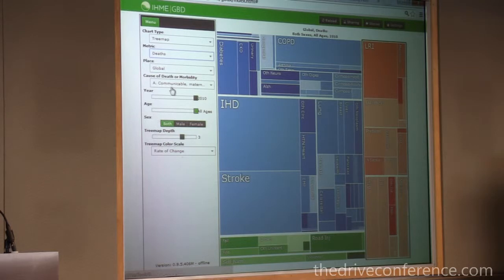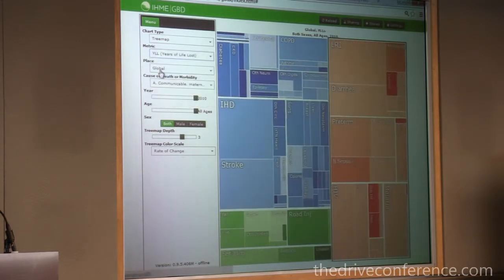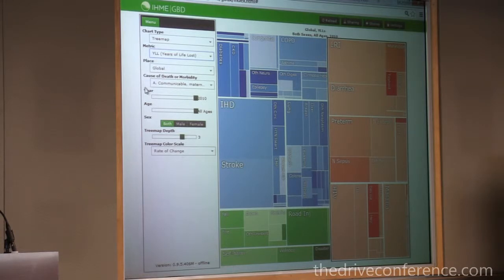So that is deaths. Now if we go from deaths to YLLs, and I told you that YLLs count the years that you lose with every death, if you go there, you'll see the neonatal diseases becoming more important, because every death there means you're losing 80 plus years. And so it gets weighted towards children. But this basically shows you the burden in terms of life years lost. And so there's almost not an equal split, but it's definitely a much bigger role for communicable diseases.